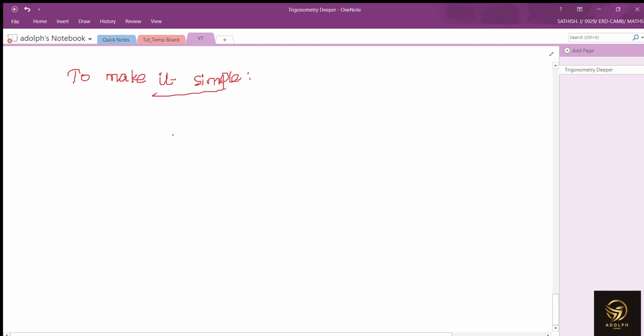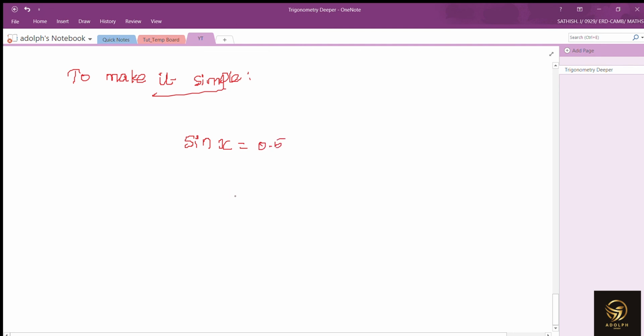To make it simple, the calculator gives some answer, and how do we write the other angle value? Previously we saw that if an angle is given, how we have to change it to the numerical value. Either it is 270 plus, or 180 minus, or 90 plus, 180 plus. We know whether we have to change to positive or negative, everything. And in the reverse way, in the algebraic way, if they give the answer and ask what can be its input, like sine x equals, we can take it as 0.5,